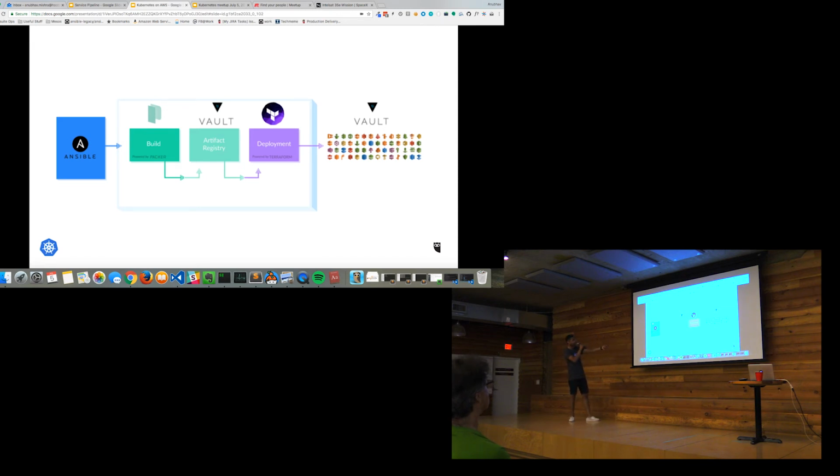We start with Ansible. Ansible is what we use for our config management at Hootsuite. The good part is you don't have to do much scripting for Kubernetes stuff. It's all Golang, which is nice. You get binaries, and you can just run them, which is really nice. So we use Ansible to write some simple scripts, and then it goes through the build pipeline.